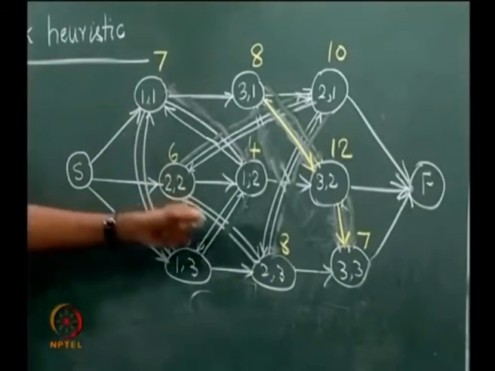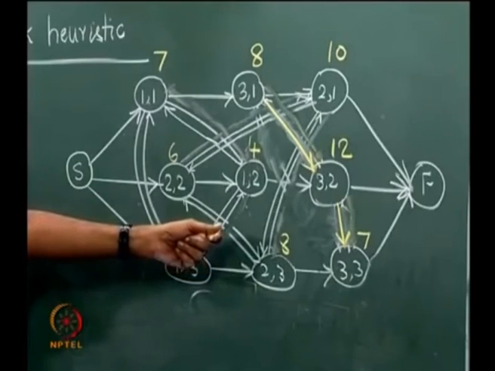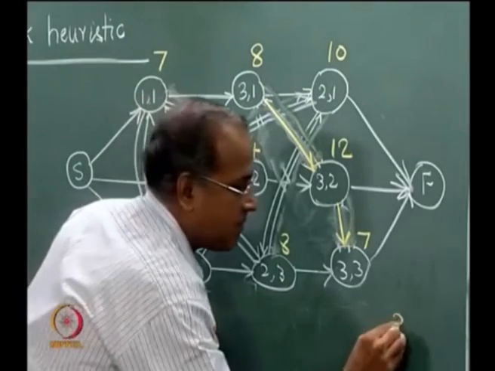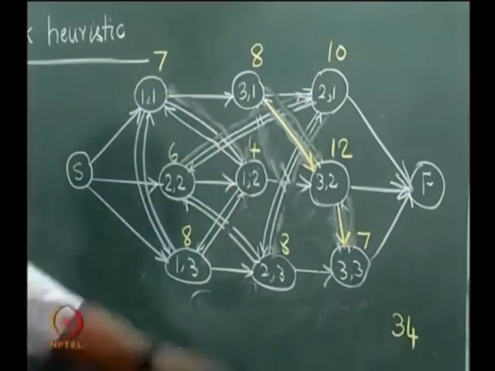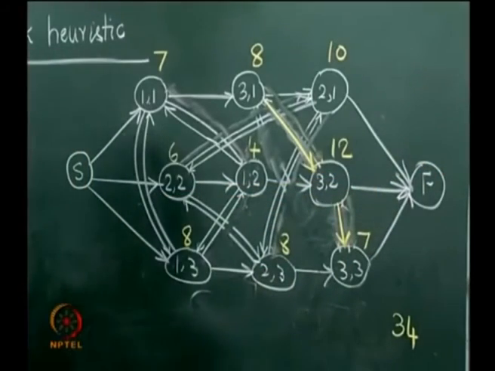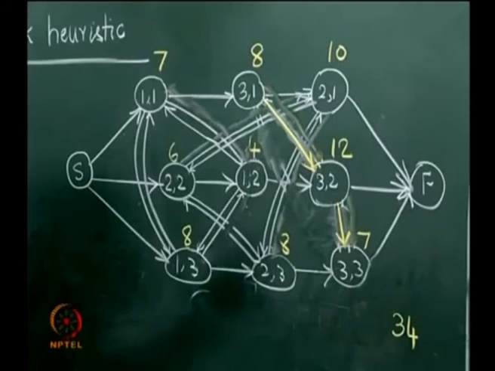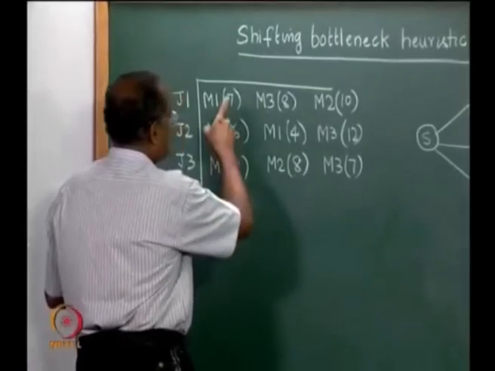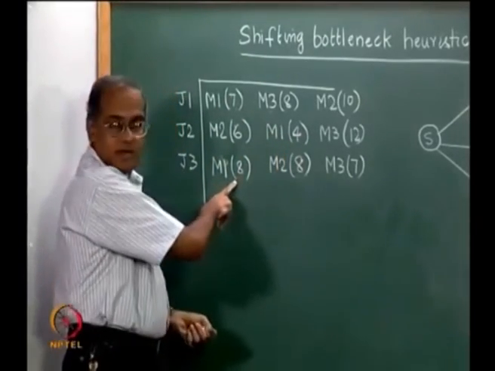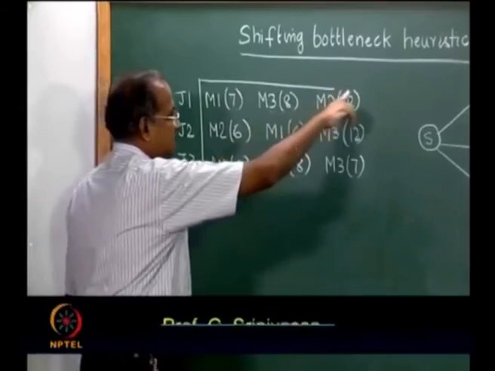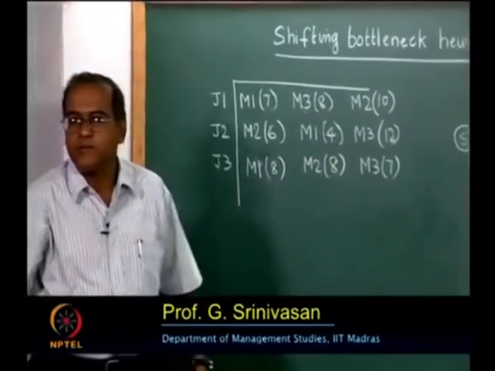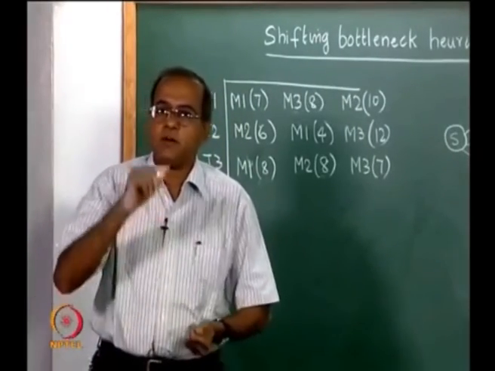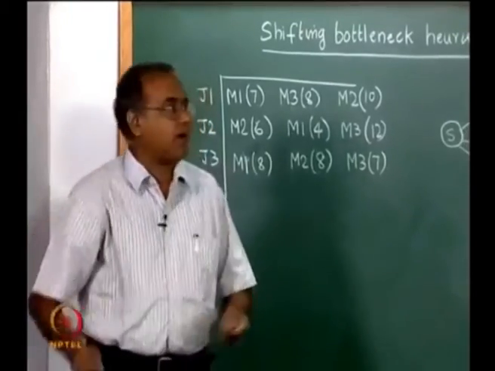If we now go and find out the longest path on this network, the longest path on this network would be 27 plus 7, which is 34, because the 7 will be added to the longest path on this network. Now we have two more machines, machine 1 and machine 2. Machine 1 with a load of 7 plus 4, 11, plus 8, 19, and machine 2 with a load of 6 plus 10, 16, plus 8, 24. Now machine 2 becomes the next bottleneck with 24, and then we solve a 1 Rj L max on machine 2 as we did here,